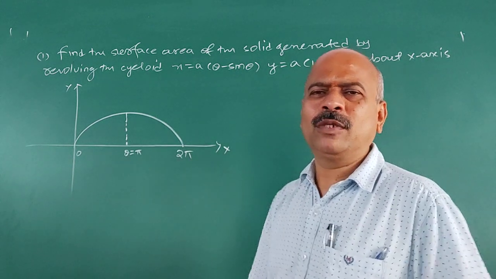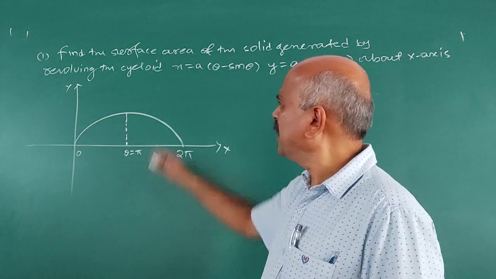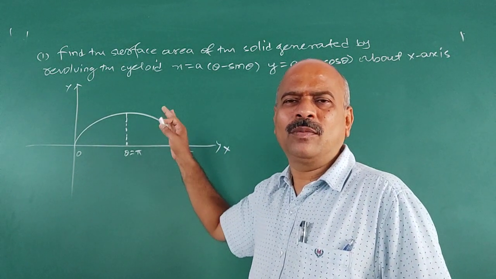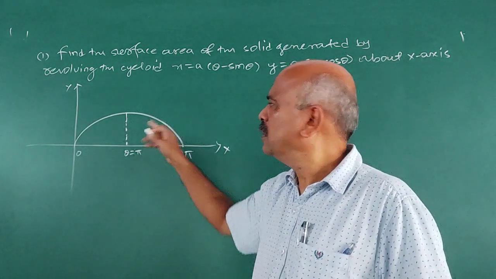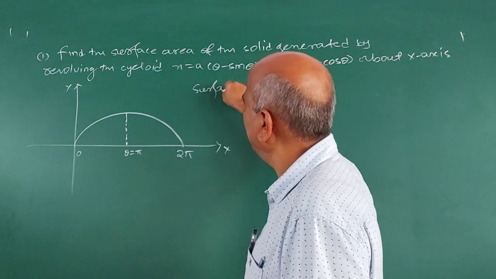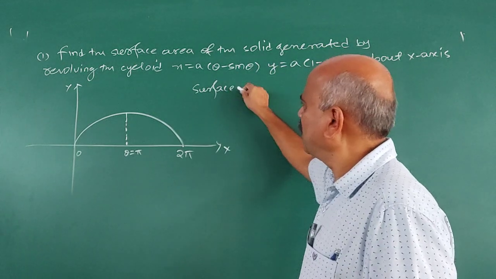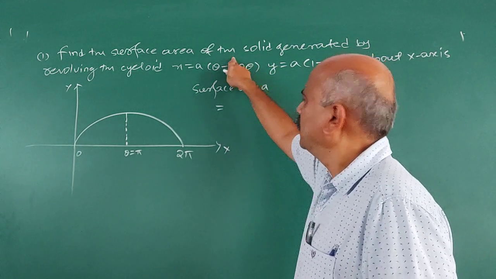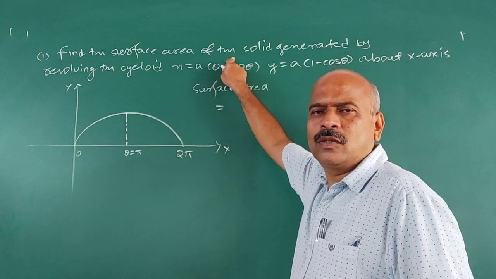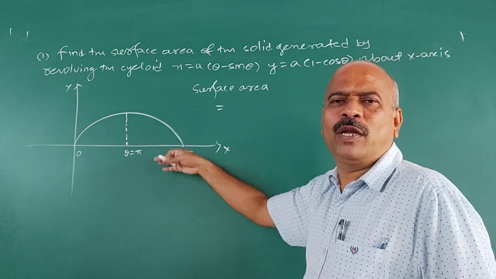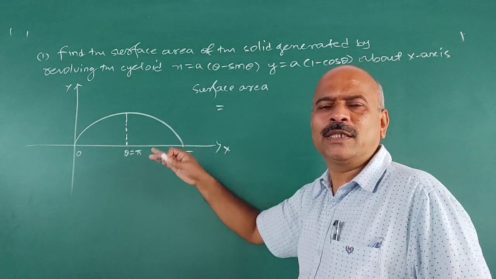Now, on the application of the formula, see there are 4 cycloids. You try to remember the shape of the one arc of the curve. This is one arc of the cycloid. Therefore, surface area is, see I directly explain how to apply the formula. Surface area means answer to this question, so I need not write in detail the surface area obtained by revolving one branch of the cycloid about x axis.